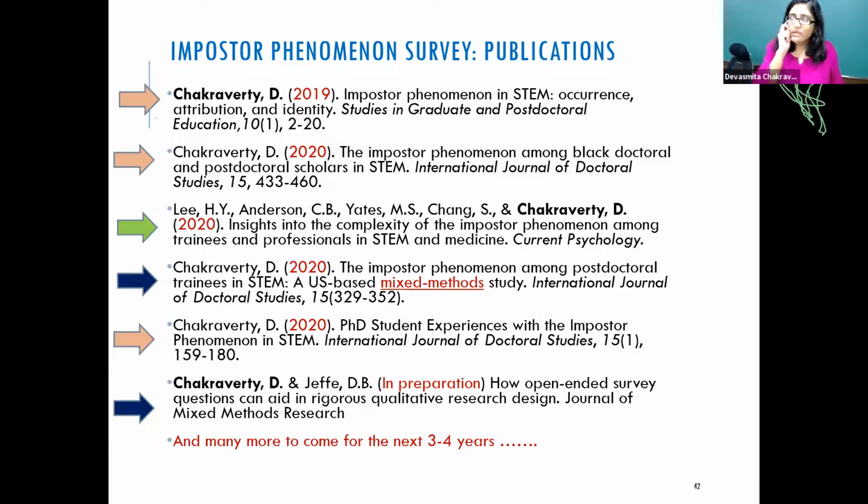So the message I want you to take out of this is that if you spend some time designing your mixed method study well, then you can make sure you have enough papers and you can be employed for the next 5-6 years just based on one study where you have been able to effectively collect data. A mixed method study has that kind of potential because you are getting two different kinds of data at the same time.